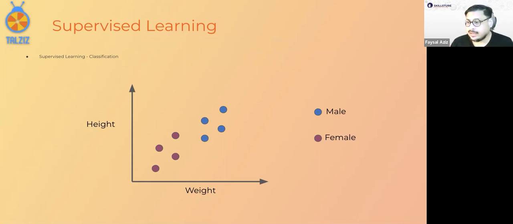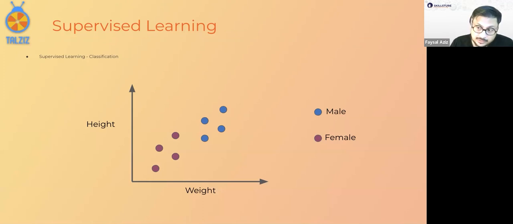So based on the height and weight, which we generally call features, you can detect the label, which means what are we trying to classify the data as, which is either male or female. So again, remember, the determining factors, such as height and weight, are called features.